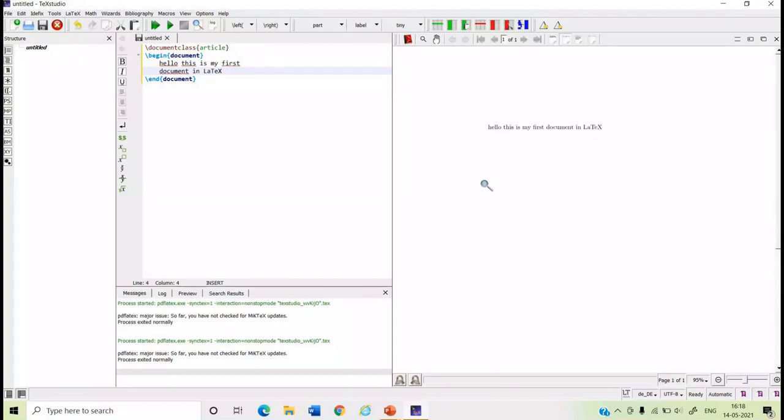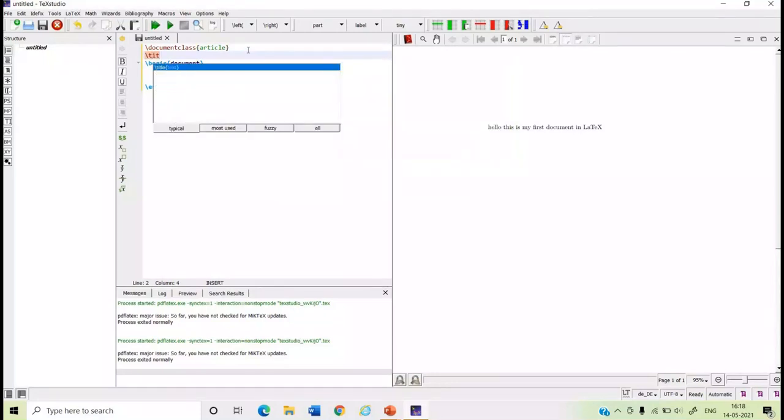Okay. Now let us type some document information. Like I want to type title. Just type \title after the document class. I am writing LaTeX document. Okay.